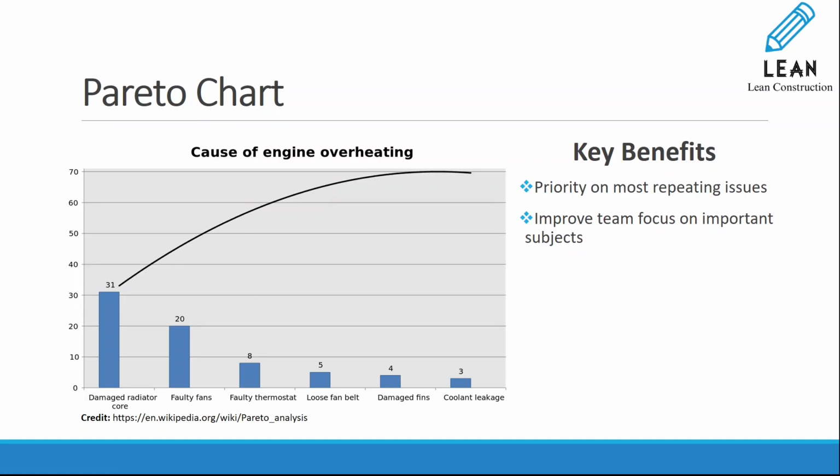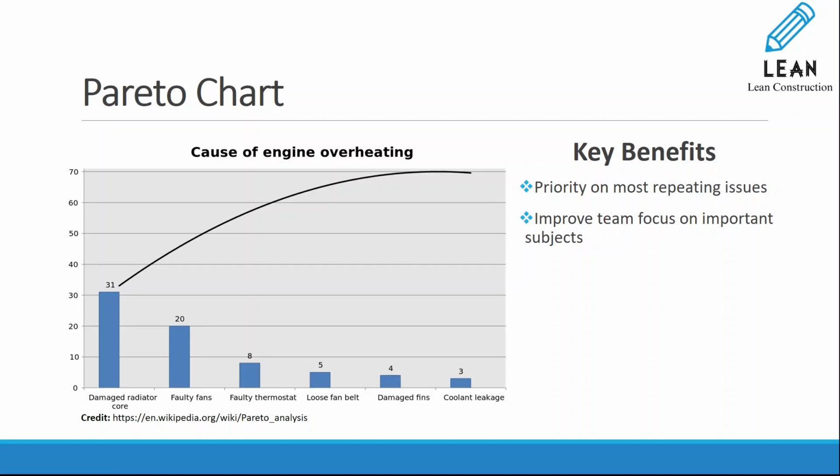Pareto chart. Pareto chart is a useful tool for recording the reasons for failure of planned activities during the daily habits. We track these reasons and prioritize issues based on how frequently they occur. The Pareto chart lists the most repeating issues on the left-hand side and follows the Pareto principle, which states that 80% of consequences are due to 20% of causes. By identifying and addressing the most significant causes, we can eliminate 80% of the consequences impacting the project.